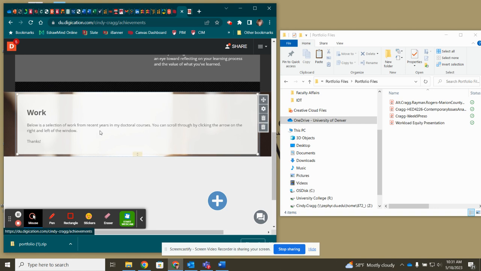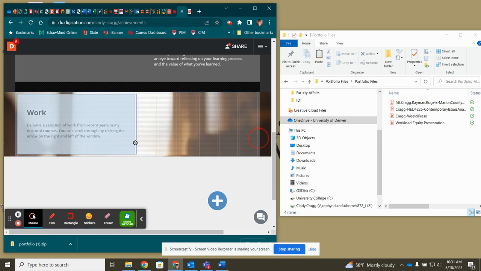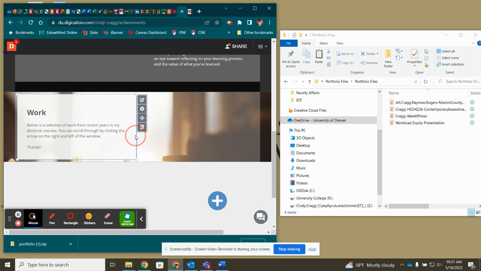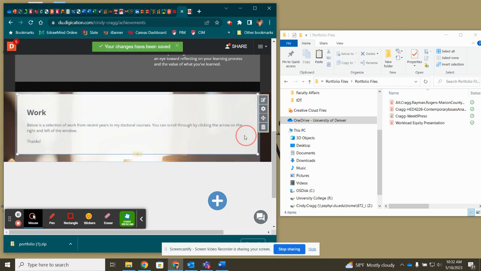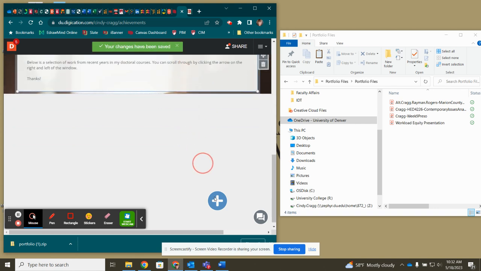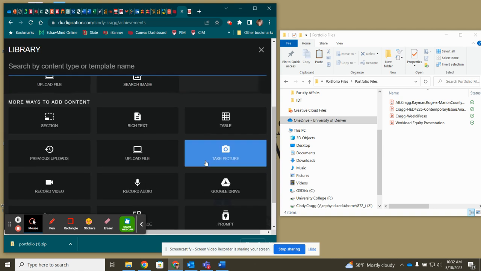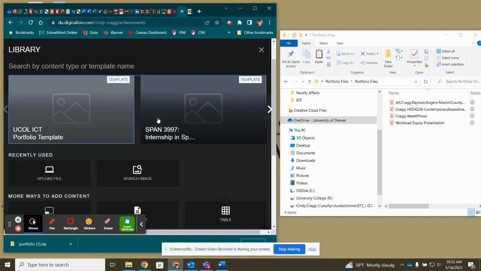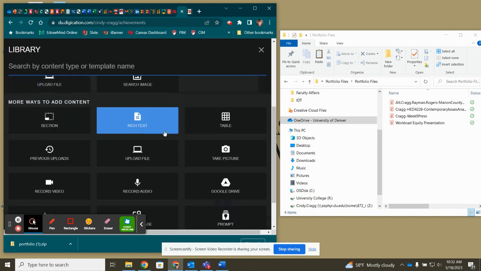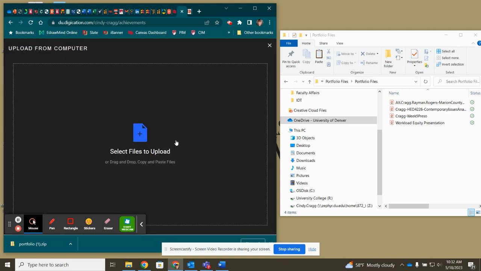So you can see here that there's a space for a little blurb about your work. All of these things are really easy to customize. You can just drag them around however you want them, like that. Then we're going to go down here to this little plus sign, and we're going to ignore those files that are up here at the top, and we're going to go to upload file,